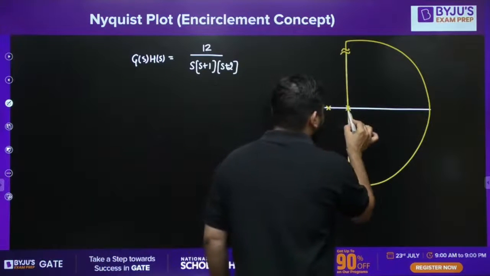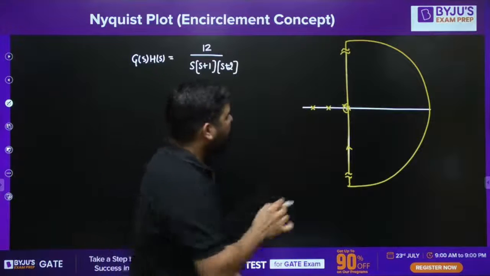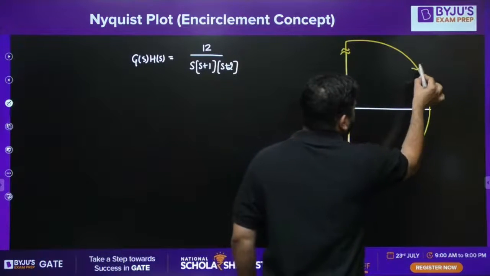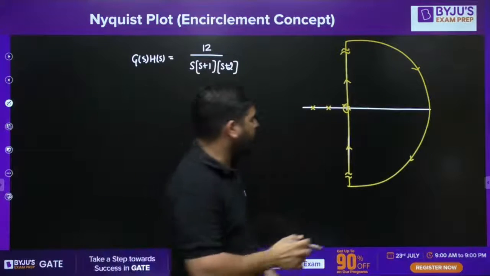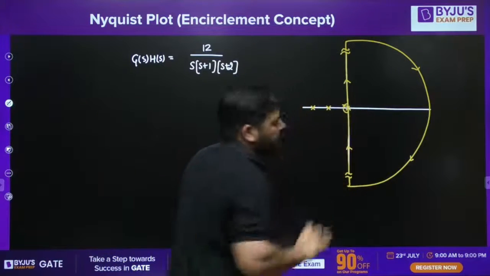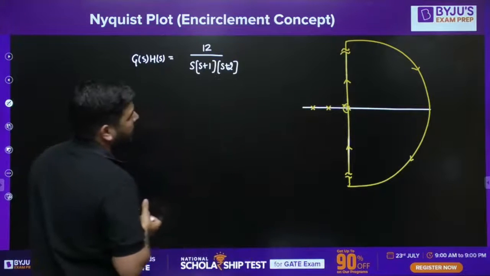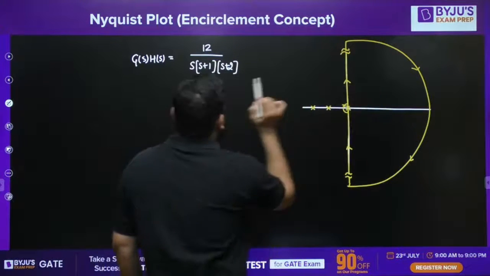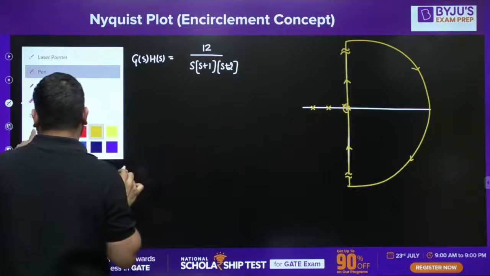So what I'm doing is I am taking like this. I'm including this. Okay. And I'm taking the orientation as clockwise, or you can take anti-clockwise. It's up to you. But I'm including this pole location. Now, if you map the entire S-plane into G(s)H(s), the resultant mapping will look like